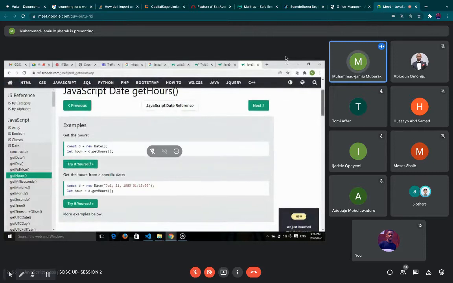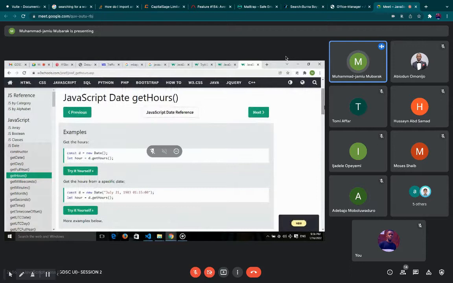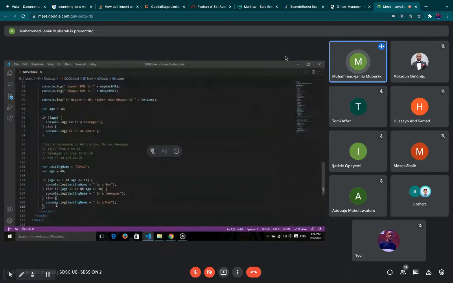So it tells us that whenever we want to get the current date, if you just say new Date, calling the method called Date, JavaScript will output the current date. Let's try that one out. This is what I'm saying. In JavaScript, if I say date equals new Date,